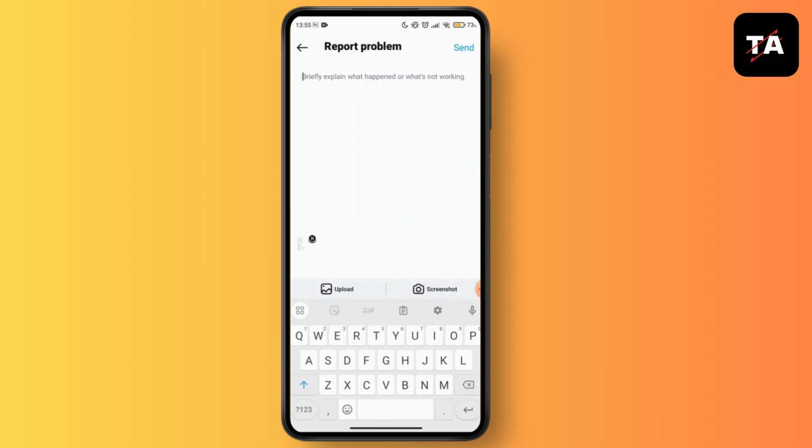So I hope that your Instagram issues will be fixed by following these steps. So with the help of these simple steps, you can easily fix the Instagram account sharing feature not showing